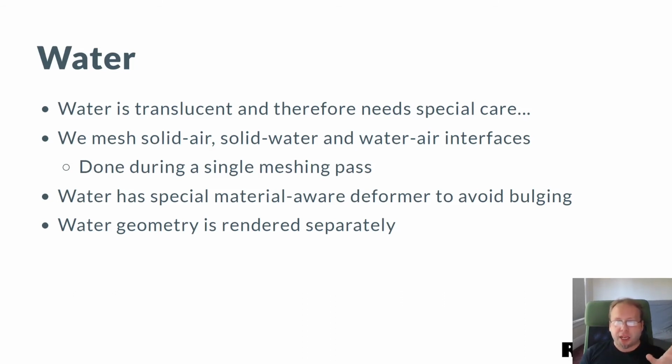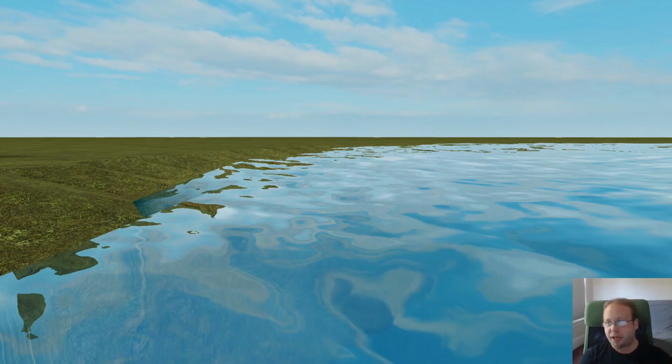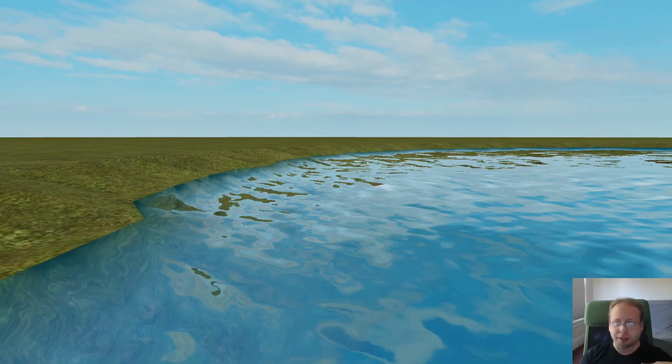And there's some care that has to be taken due to some specifics of how we mesh all of this. If you were to apply this naively, something you would see is water bulging. Not sure if this is very obvious here, but there's a ground that goes kind of down, and then there's a connection with water, and then the water grows back up. This is just because of how the averaging in the naive surface nets work with the positions of the edge points. But you can fix this by doing a water-specific deformer because we know the material, and push the water down, and it ends up looking nicer and more like a lake. We play some other small tricks here with geometry generation, although there's still some space to improve this, because these connections sometimes end up looking a bit finicky.